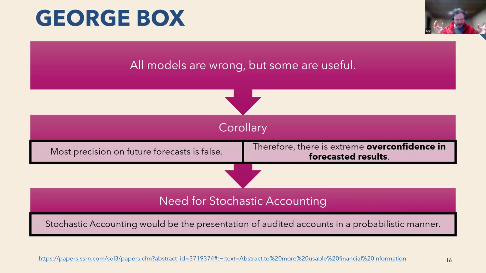Now, back to George Box. I hate this saying because I think it's overused, but all models are wrong, but some are useful. We need to add a corollary to that: most precision on future forecasts is false, and so we have an overconfidence in forecasted results. There's really only four actuarial numbers, right? There's who cares, there's that's interesting, there's I should probably look into that, and there's ruh-roh Shaggy, but that's it. And this is a whole other hour-long presentation, we really should be